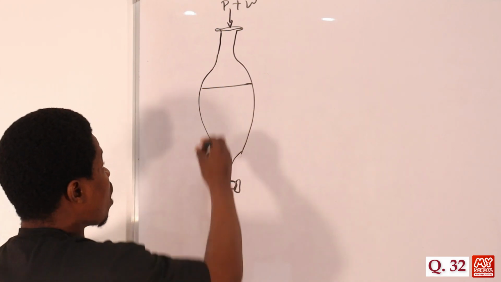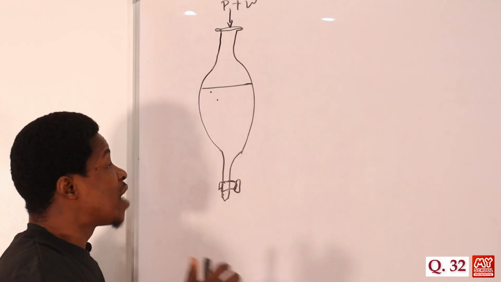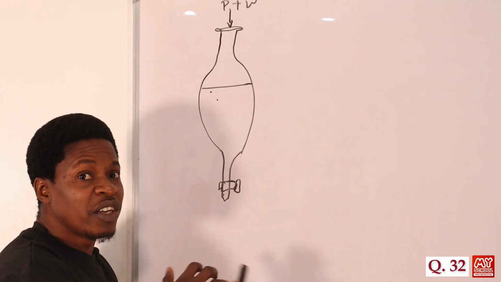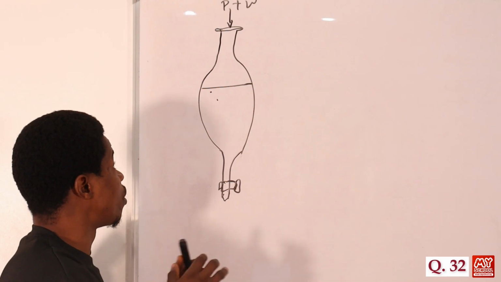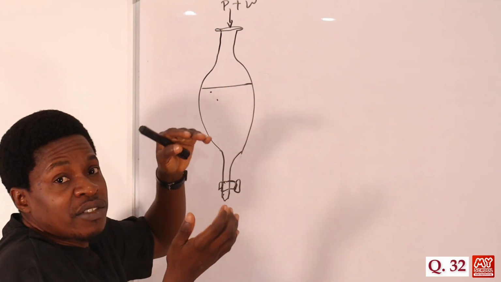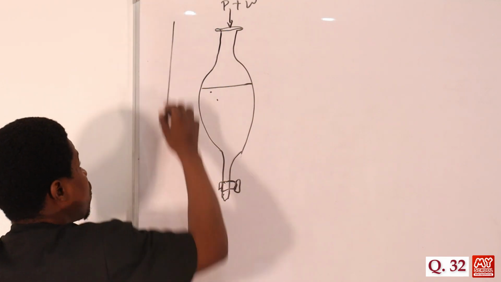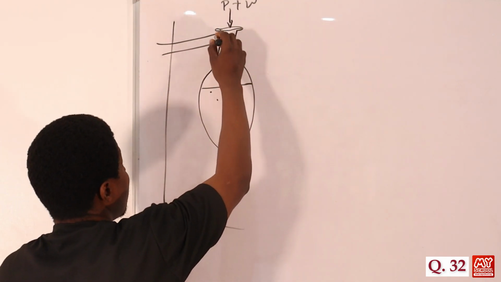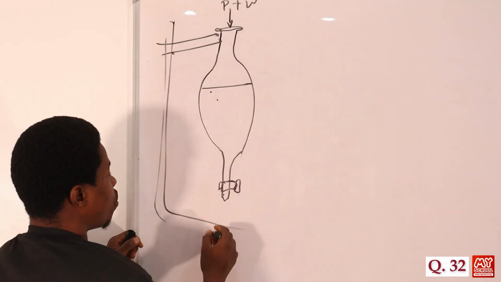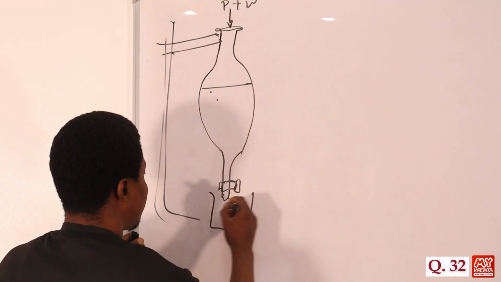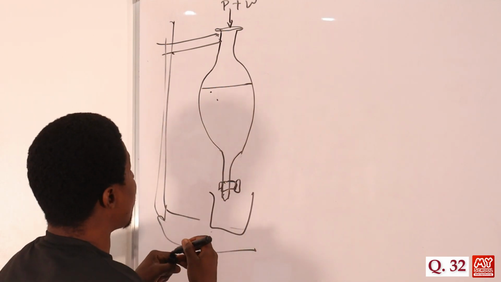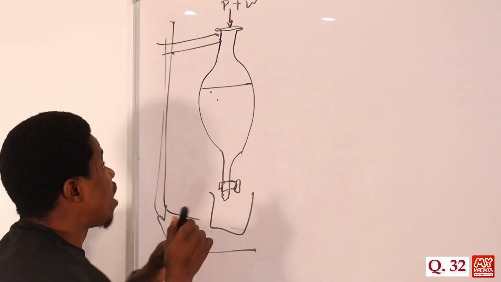So what you do is, once you transfer the mixture in, you shake a bit, just to allow for easy mixing. When you shake it, allow it to settle. Of course, you can use a clamp on your retort stand to hold this, and then you have a container here, maybe a beaker or something. By the time you shake, you allow it to settle. Once it settles, you now discover that